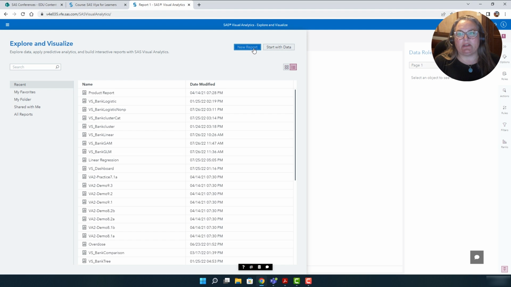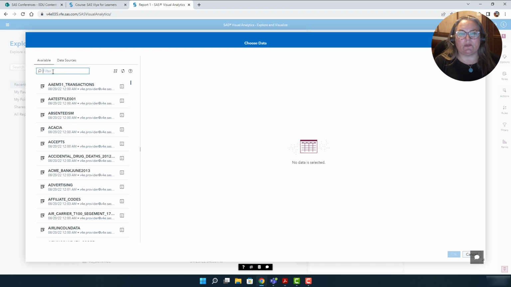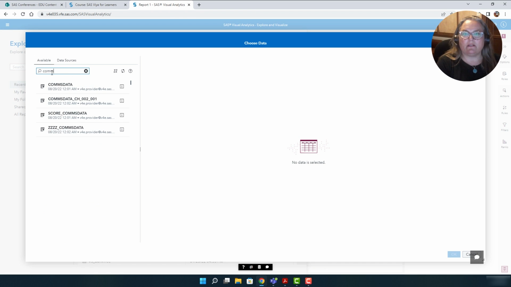These options are very similar. I could select new report and then go get data, but I'm just going to select start with data. The data source that I want to use for this demonstration is fictitious data from the communications sector, and I believe it's called comms data. There we go.